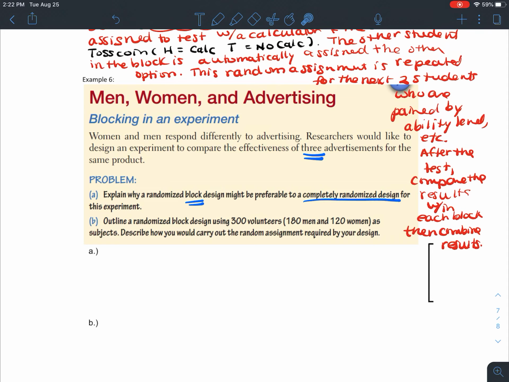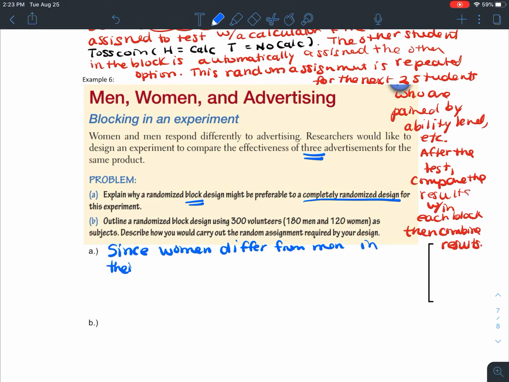If it's completely randomized, everyone is all in one gigantic group, and you just start randomly splitting them and assigning them to treatment groups. If it's a block design, you purposely put them in groups first based on a similar characteristic, and then within those groups, those blocks, you split them in half, randomly assigning them to treatment groups within the block, okay? So we could say for part A,